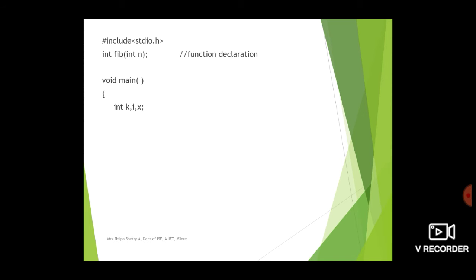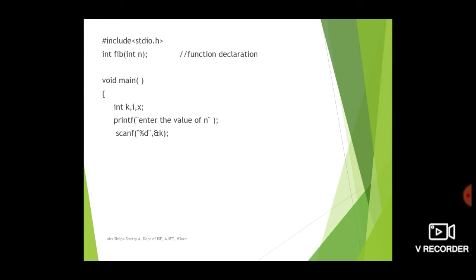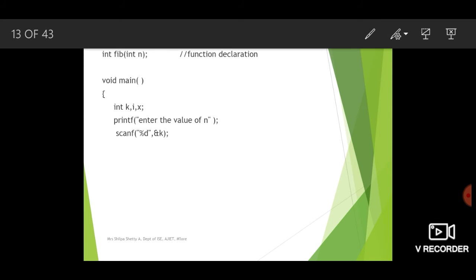fib of 0 we will print, fib of 1 we will print, fib of 2 we will print. Each time we get a value returned by the function, we are going to print it. So the return value is stored in the variable x here. Now let us ask the user to enter the value of k. So it has to be k. Small correction, students: here, this has to be k.